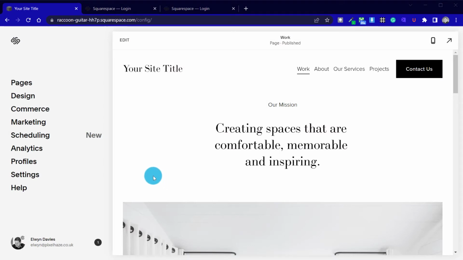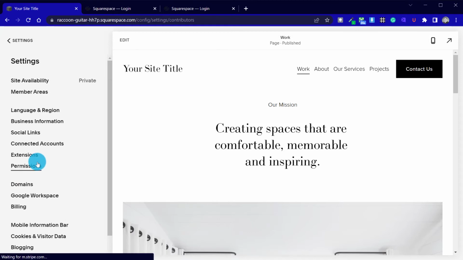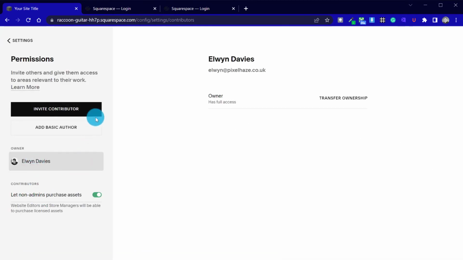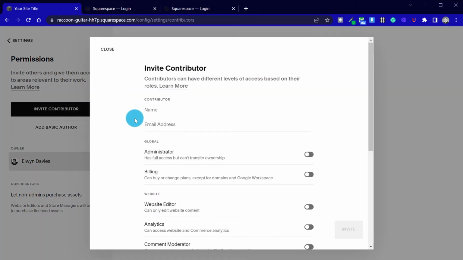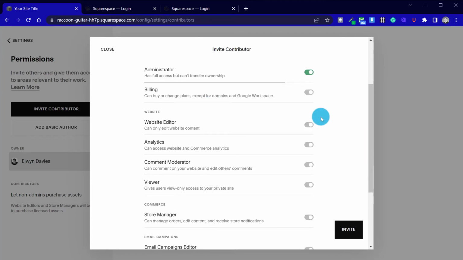Once you have logged into your Squarespace admin area, go to Settings, and then Permissions. From here, we can add 2 types of users, contributors and basic authors. Basic authors will have limited, locked down access to the admin area. In most cases, we will invite a contributor by selecting the Invite Contributor button. Now we enter the name and the email address for the contributor and choose the most appropriate admin access level. Next, select Invite and then they will receive an email talking them through how to gain access to the admin